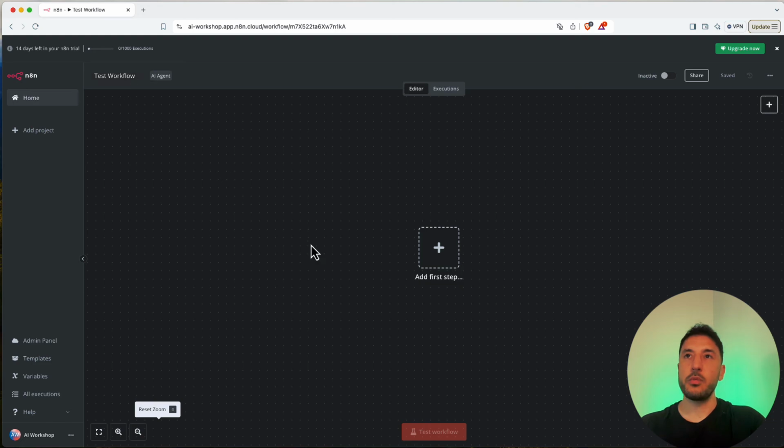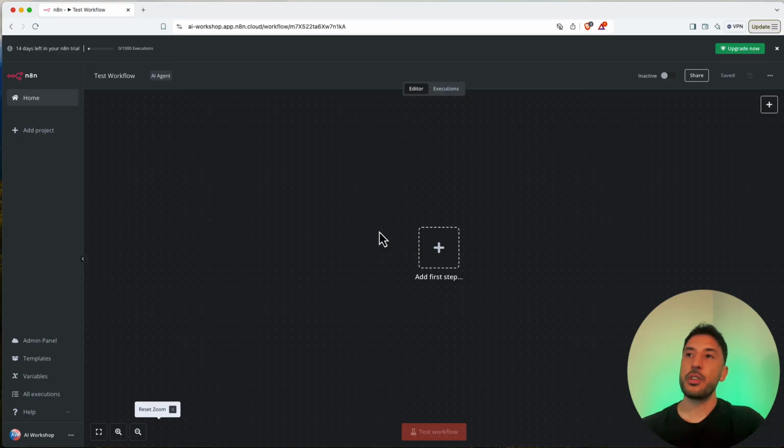This is our test workflow as we built in the previous video. So we're going to go ahead and add our first step. Nodes are the building blocks of n8n. You can think of it that way, right? There's three categories of nodes: the entry point node, the function node, and then the exit point node. So there are different types of nodes in n8n. There's triggers that are basically your entry points. There's actions and apps, which we'll talk about, which are kind of the functions. And then there's nodes that are related to data transformation, to flow, to files, and many more advanced nodes,